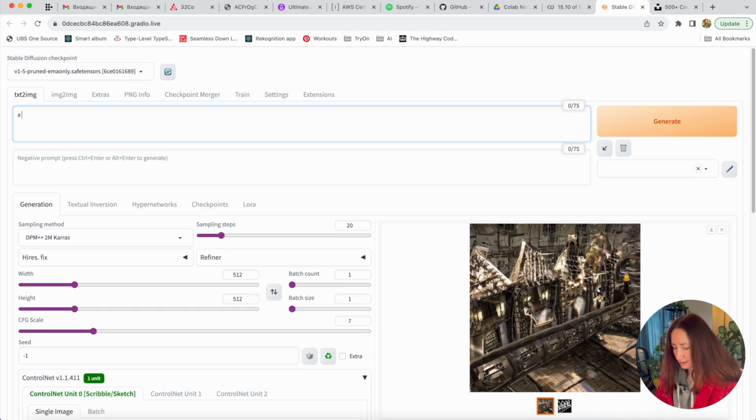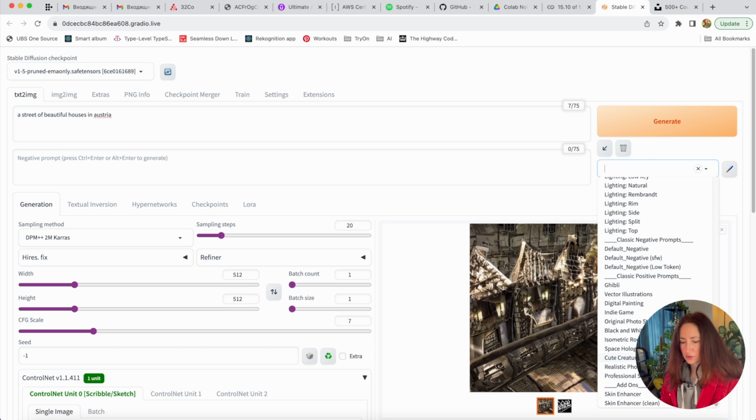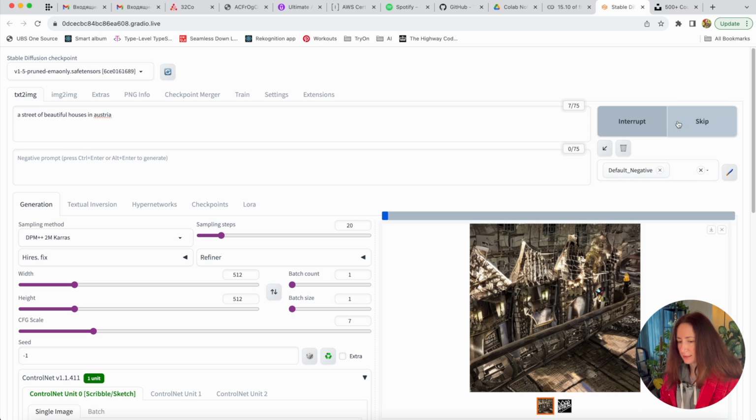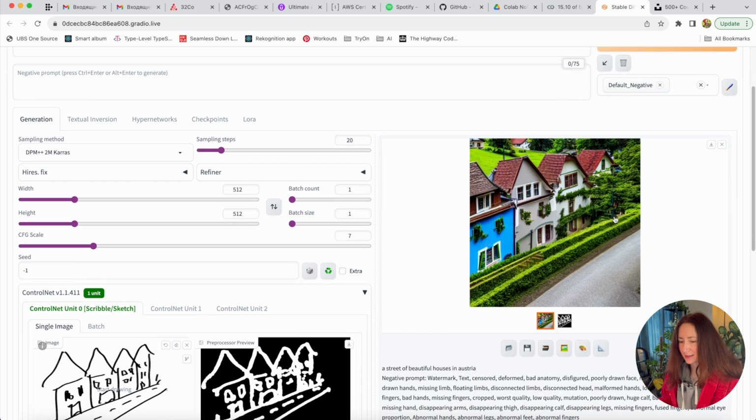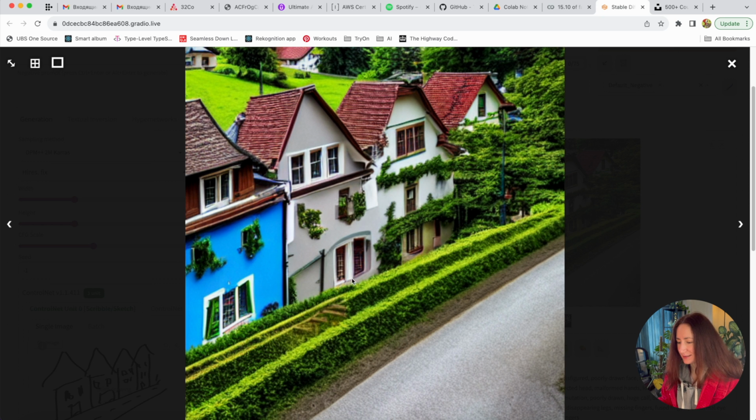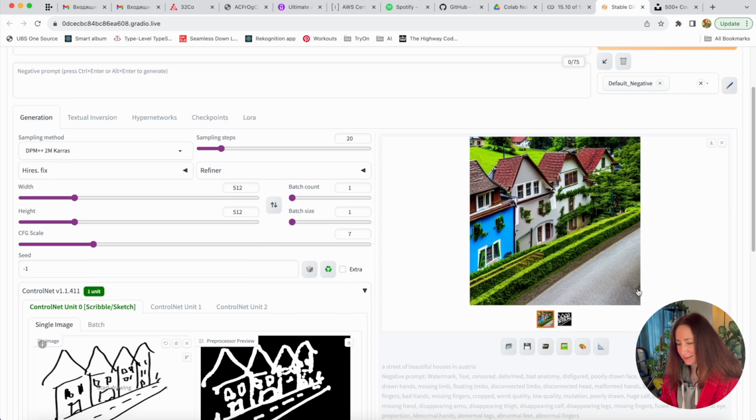For example, a street of beautiful houses, maybe in Austria. Let's try. And I'll add some general negative prompt as well. Let's hit generate. And you see Stable Diffusion tried its best to turn my wonky sketch into something beautiful, and